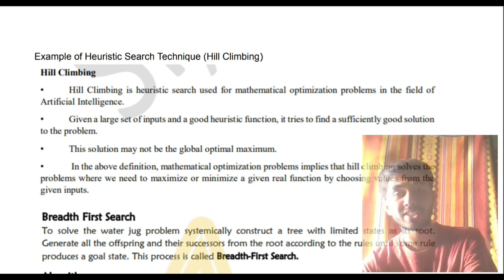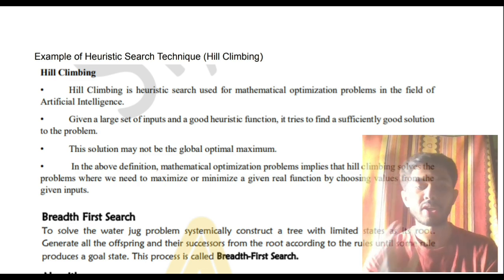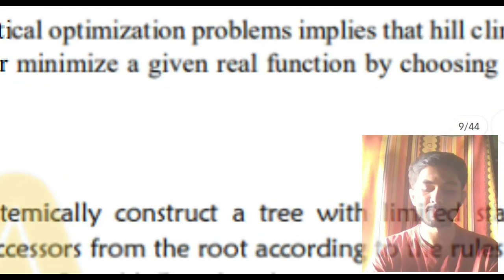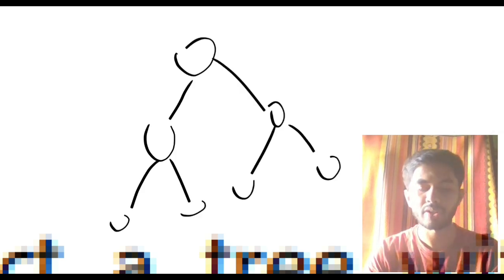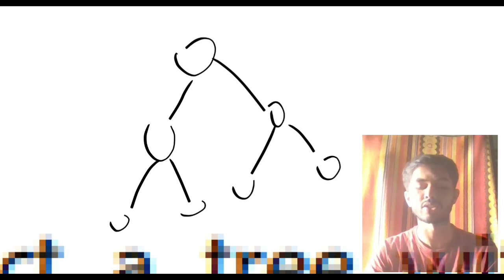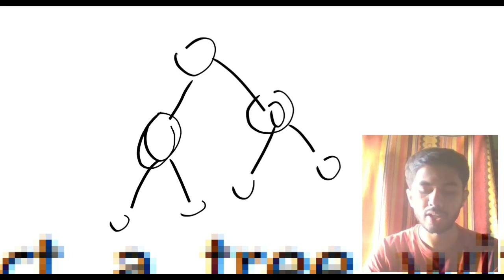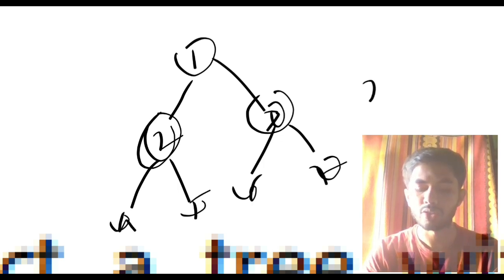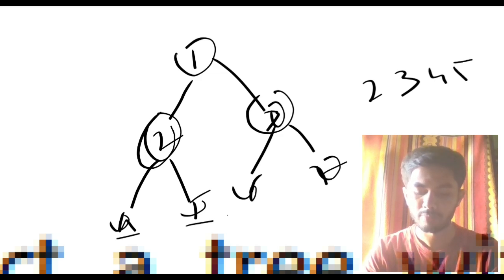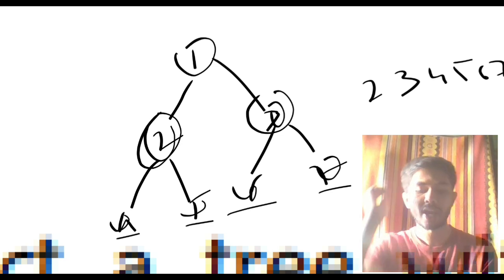Next, what we are left with is BFS and DFS, right? BFS means breadth first search, very simple. DFS means depth first search. Let's draw a simple node structure here. If I tell you to find out using BFS, you'll traverse this node and this node. Let's call them 1 2 3 4 5 6 7. So you'll visit 2 3, then when you visit 2 you'll be visiting 4 5, then you will be visiting 6 7. This is the order in which you will be visiting, and this is stored in a queue.